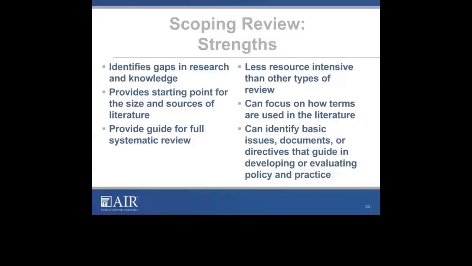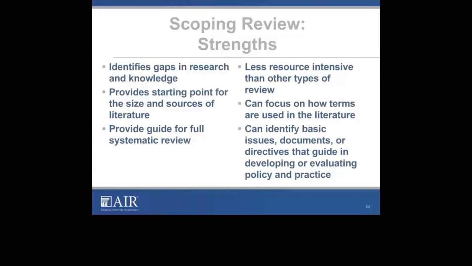I'm always interested in that study, that single study that shows a result that's pretty phenomenal. My question is usually, if that's true, can that be replicated? And why is it that out of a group of studies, only one's showing a significant positive effect? So the scoping review gives me a place to look at that and begin to analyze the potential explanations for that, and thereby guide my thinking about additional research in an area.